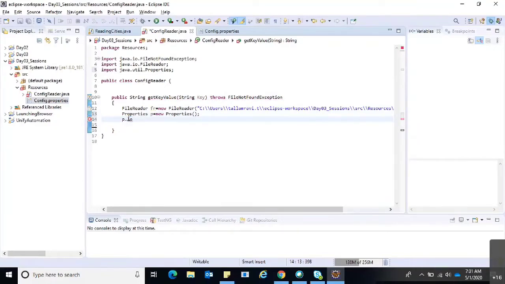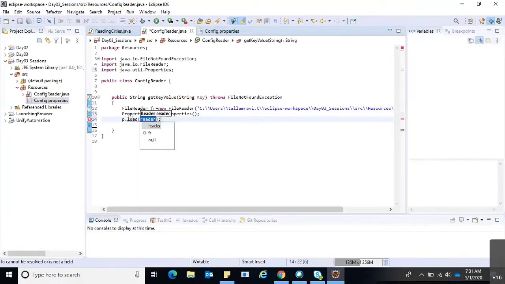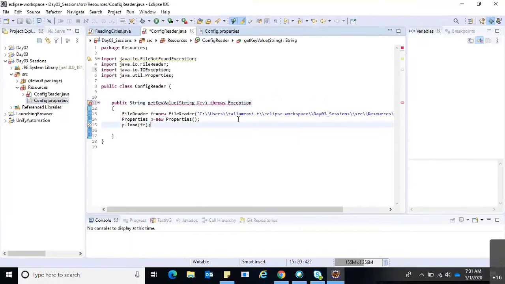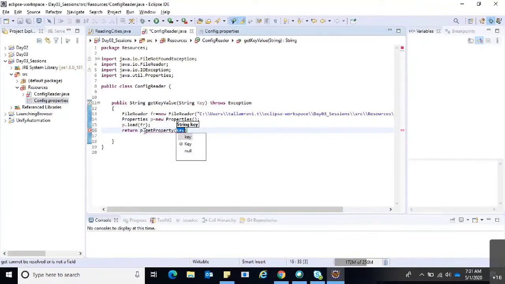When I mention p.load, you can see the second one, p.load reader class, so we are reading through the file reader, and that is fr. We can mention a generic exception. Return p.getProperty(key), and that particular key is the key which you are passing here.